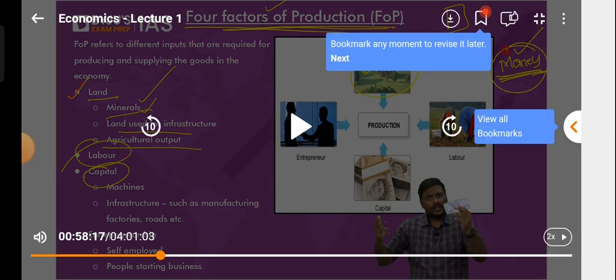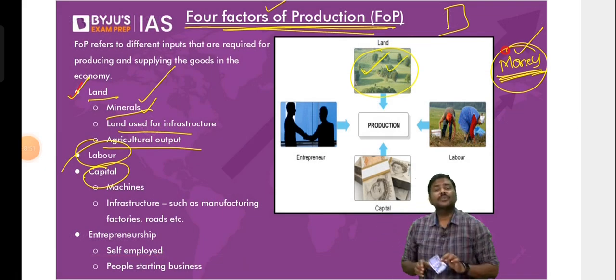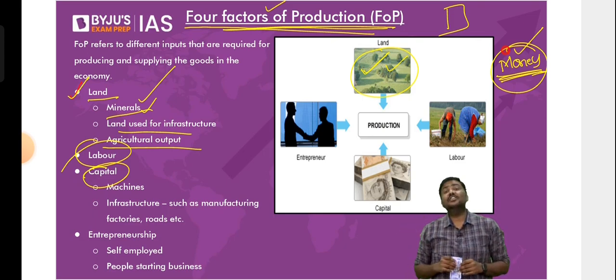Absolutely no. I'll keep it like this, in front of you. Don't take it away. Can the note produce a good? No. But can I use the note to purchase a machine? And can the machine produce a good? Of course, yes. Then you'll simply say, sir, labor is required.